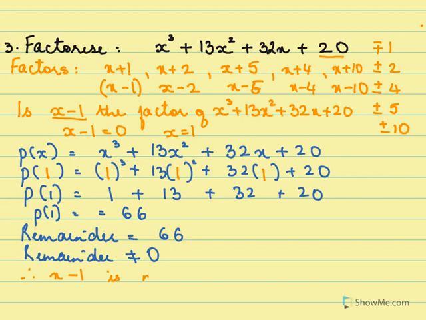Therefore, x minus 1 is not a factor of x cubed plus 13x squared plus 32x plus 20. Now if x minus 1 is not the factor, it is time to check if x